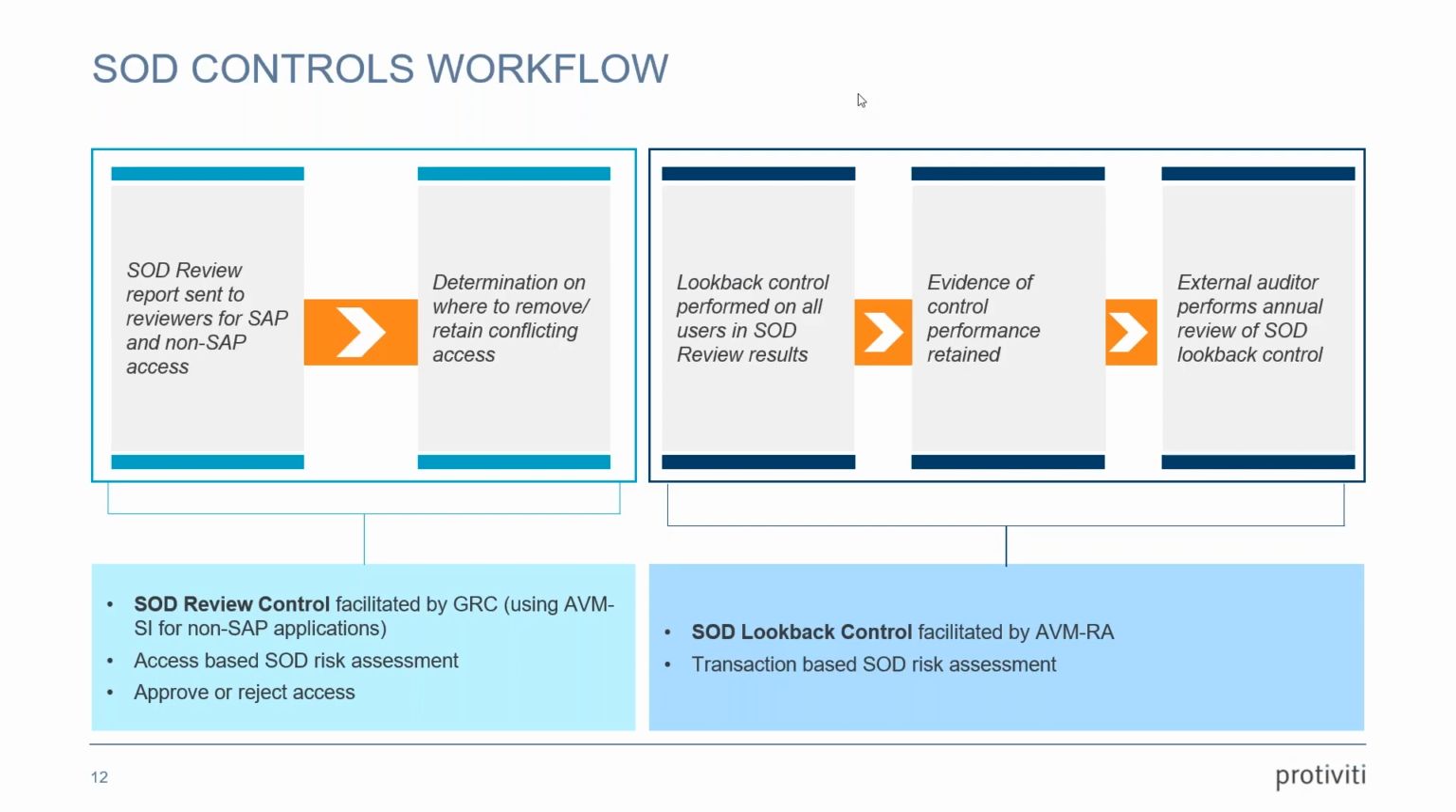So the next step here on the right side is the look-back control. This is mitigating what's happened as a result of that SOD access. And they retain all the evidence of the review of the controls of the transactions that were identified as being an SOD conflict. And this is all facilitated by the AVM RA solution. Now, if we go into the next slide here,